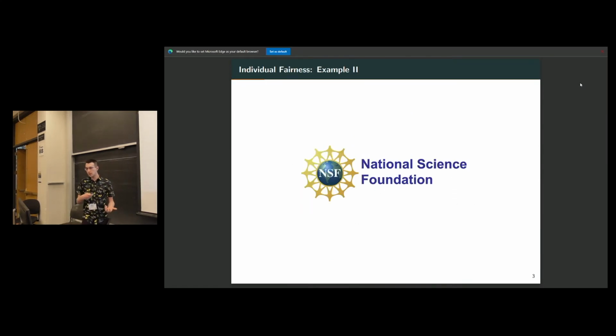Okay. Second example, which might be more familiar to you, is the process of applying for grants. Usually there is a specific deadline by which all applications come in, and then a decision is made when all of the applications can be evaluated. But suppose now that we're in a case where there is no deadline, but applications come in and they are evaluated on the spot. Okay? But there is still a budget. In fact NSF does this for some kinds of projects they're funding. Maybe every fiscal year.